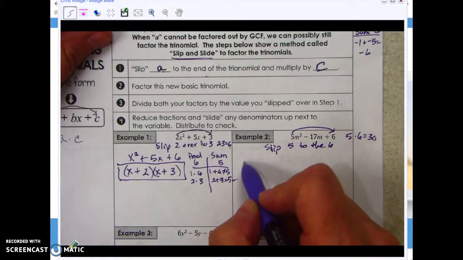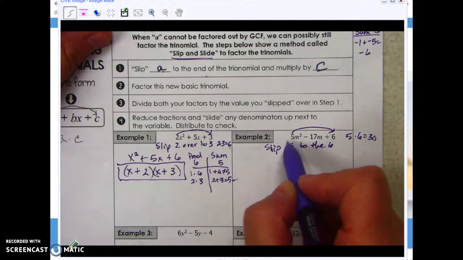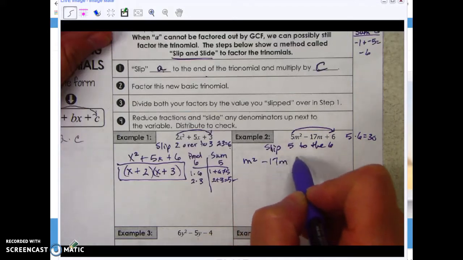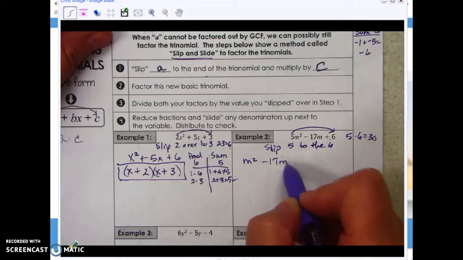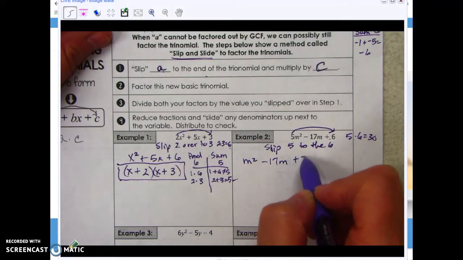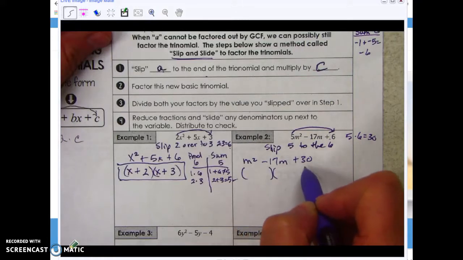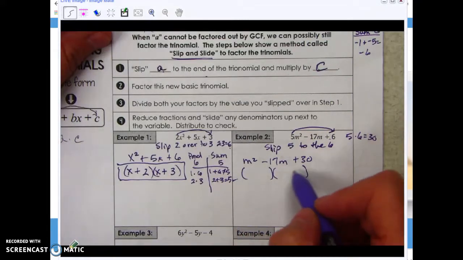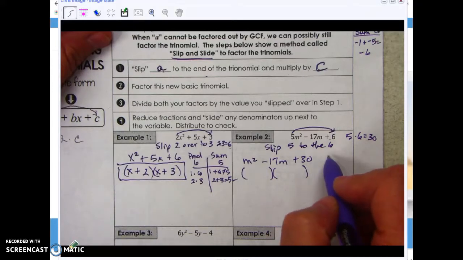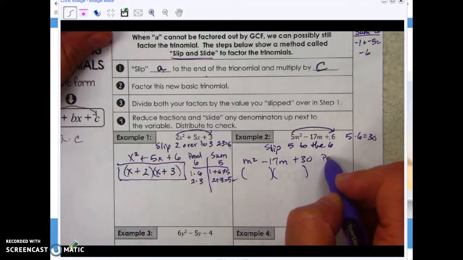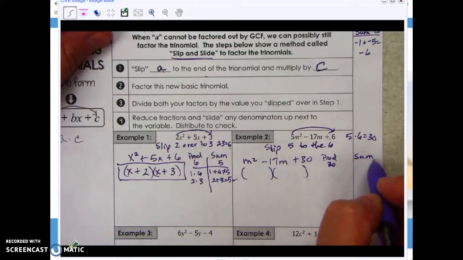Okay, now we rewrite the problem without the 5 there, so we'll have m squared minus 17m, and now instead of plus 6, plus 30. Then we factor that. And sometimes with factoring, we have to play around with the numbers a little bit to get the right combination. But here we notice we want a product of 30 and we want a sum of